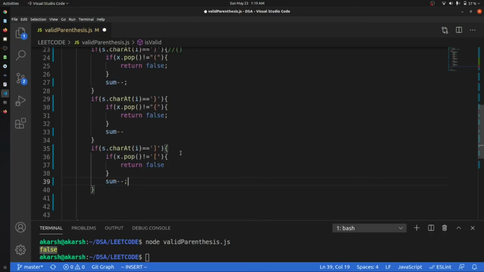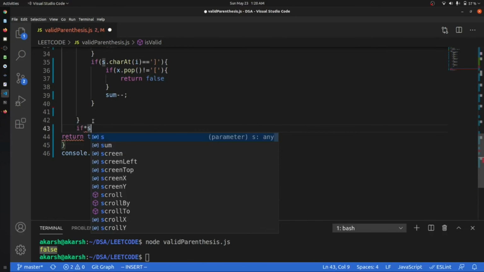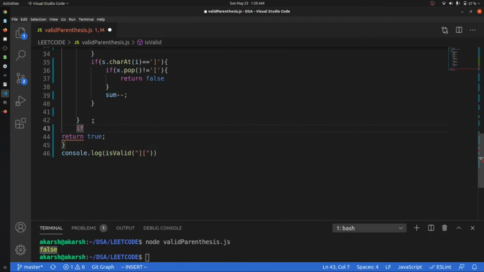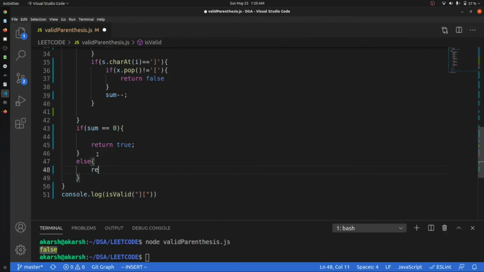Now at this point we check if sum is double equal to 0, then just return true, else return false. So this is our case.